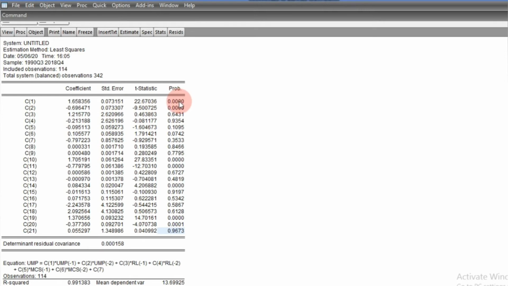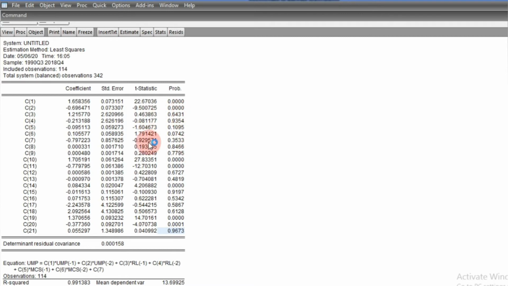So the remaining 12 are not statistically significant, which represents about 57%. So this is actually over-parameterized. The model is over-parameterized, having too many insignificant lags, which must have resulted from the problem of multicollinearity.